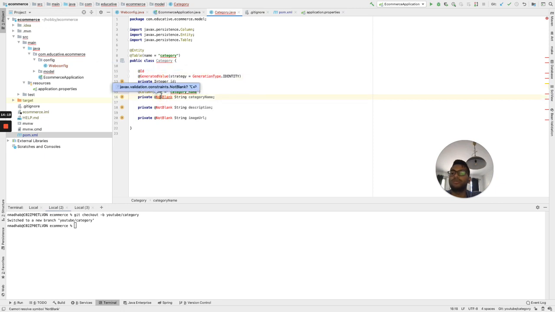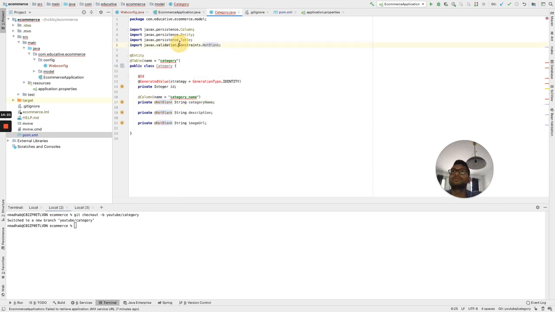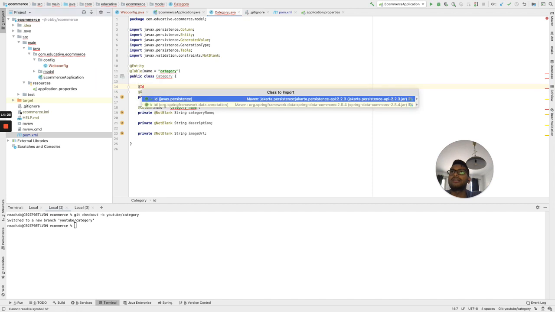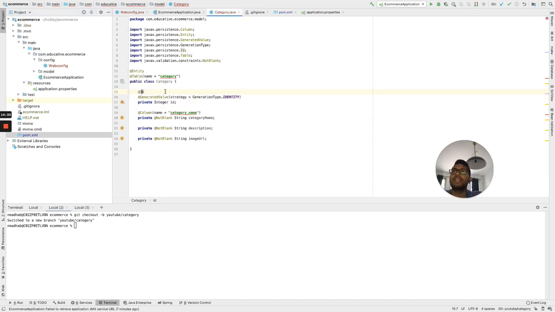This NotBlank will come from this, and let's import this one, GeneratedValue, which is like the unique ID. So we have the ID, the category name, description, and image URL. Because we are using this, when we create this entity in the database, the column name will be category name.